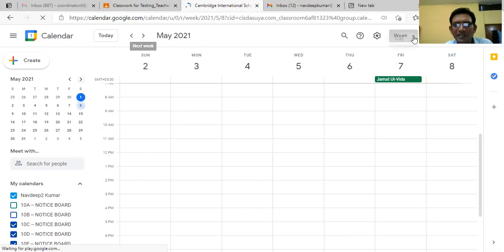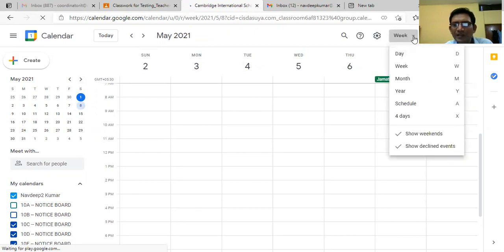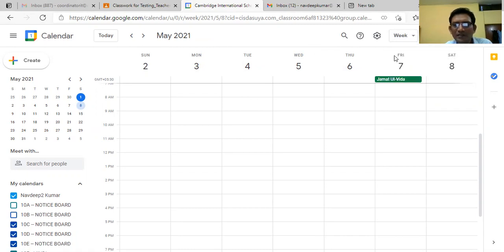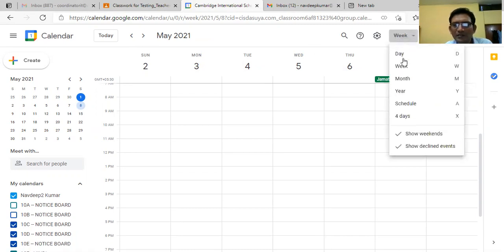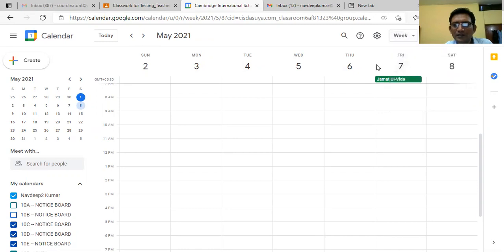So this is the next week that we have, and I want to move to the next week. So this is the calendar view I am having.